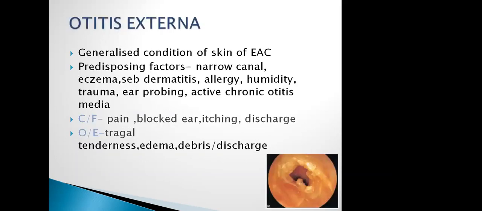The next condition is generalized otitis externa, and certain factors predispose to it, like a narrow external auditory canal, eczema, and seborrheic dermatitis. In those cases, plaques may be seen inside the external auditory canal and postauricular region. Others are allergy, humidity, and trauma to the ear, especially after swimming and water entry. There will be skin maceration, repeated ear probing with earbuds, or using sharp instruments like the tip of a pencil or a key. And in active chronic otitis media, ear discharge will be constantly present in the external auditory canal and cause